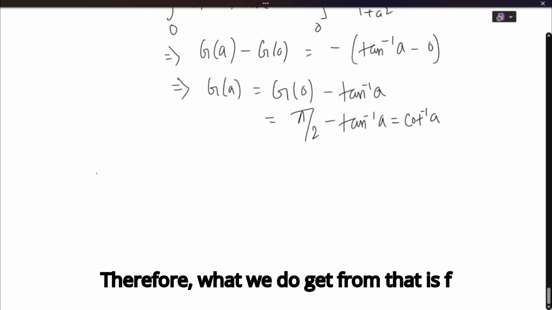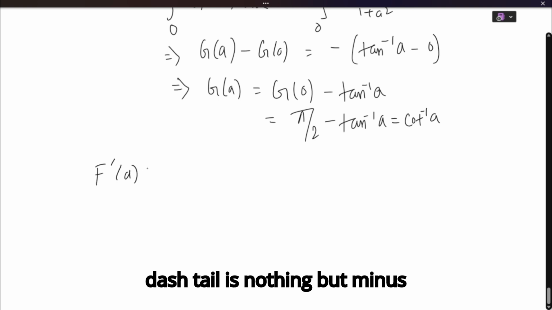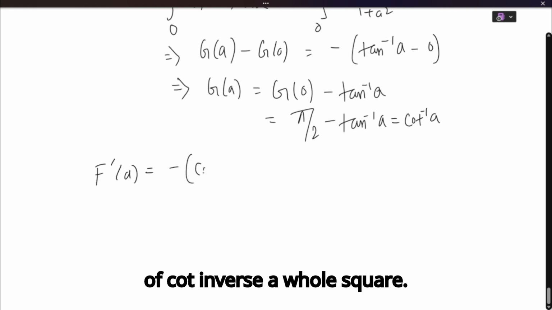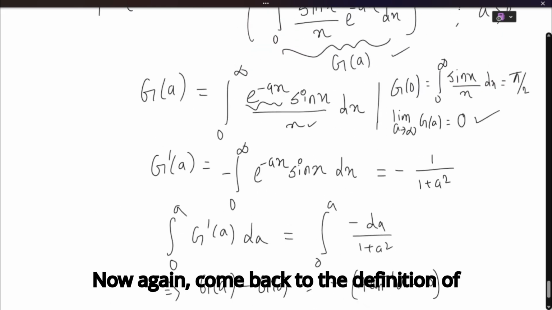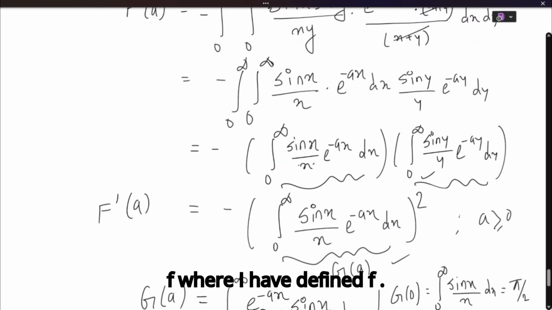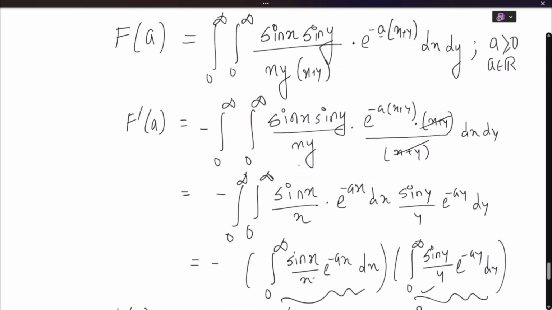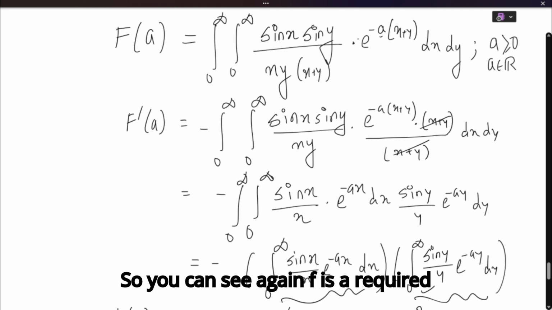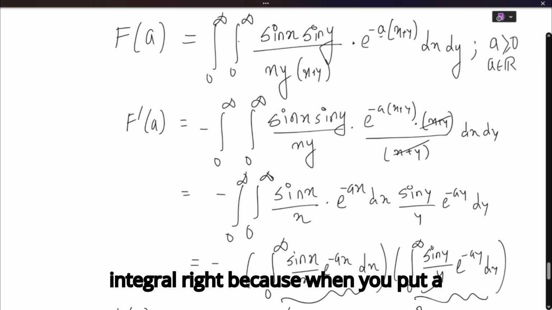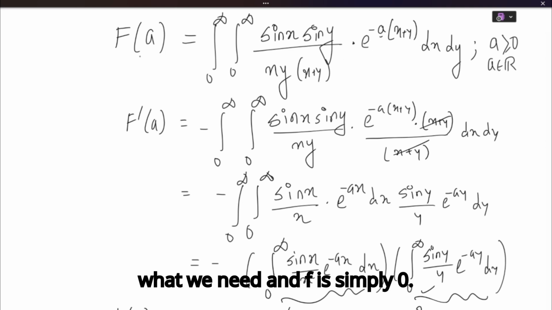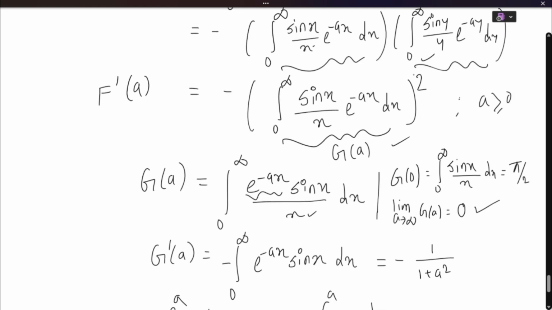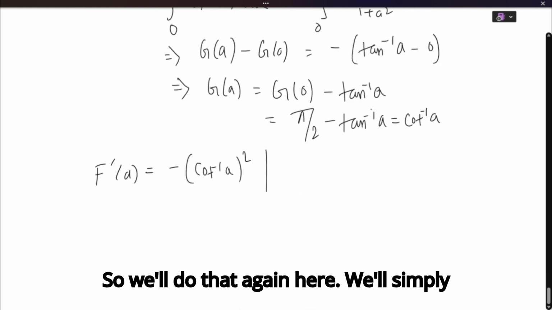Therefore, what we get from that is f dash a is nothing but minus of cot inverse a whole square. Now, again, come back to the definition of f(a), where I have defined f(a). So you can see again, f(0) is the required integral, right? Because when you put a equals to 0, this term becomes 1, and this is the required integral. But this is what we need. And f of infinity is simply 0. So we'll do that again here. We'll simply